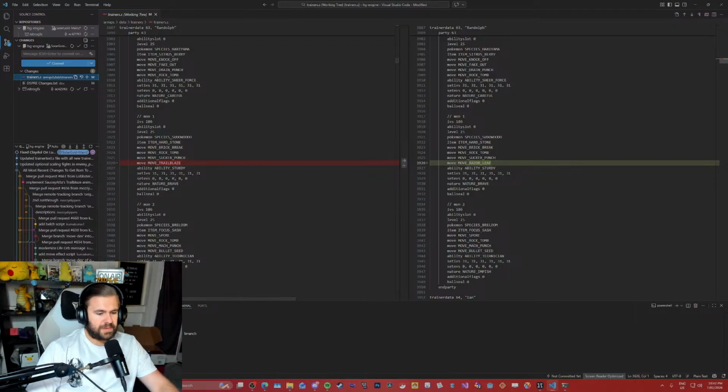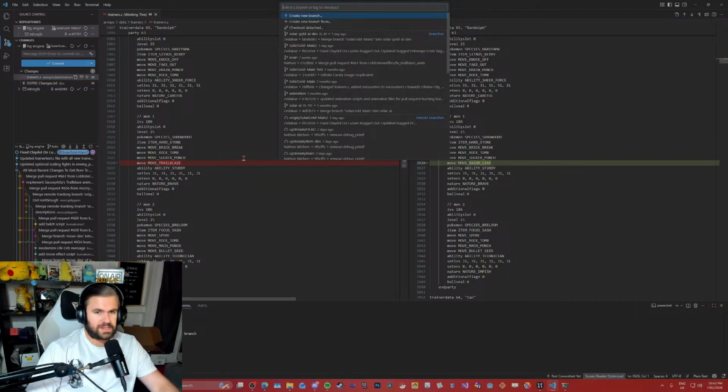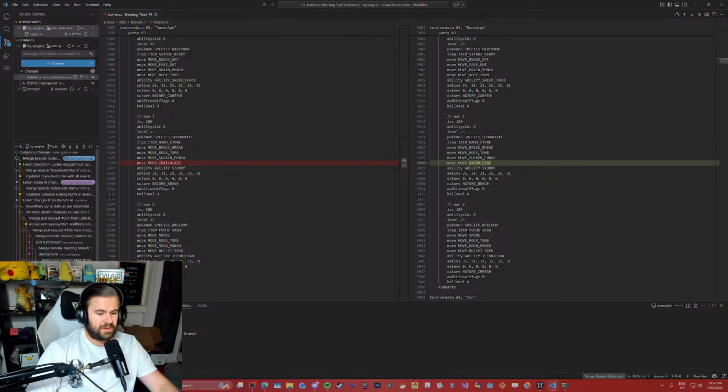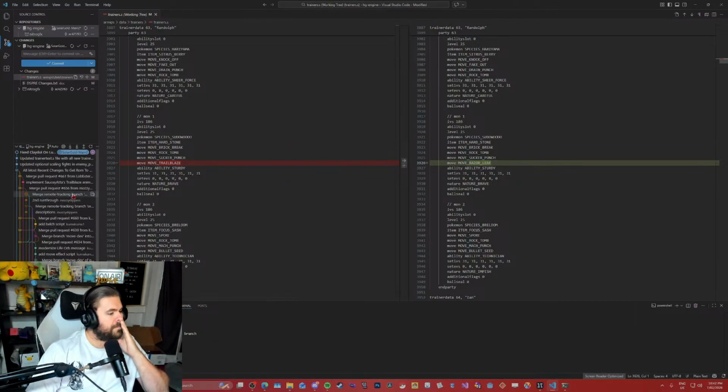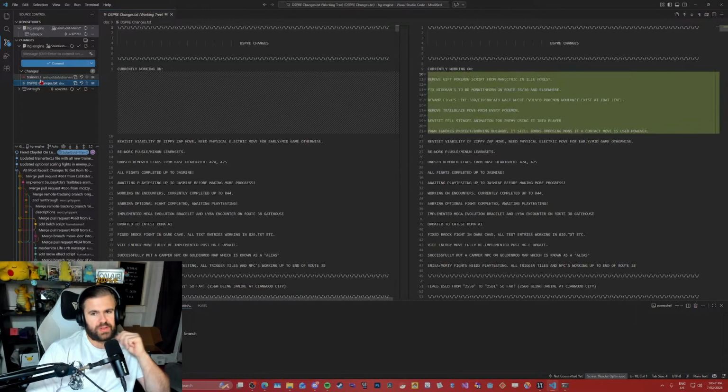Anyway, because it says synchronize changes, I'm guessing that would just synchronize these changes onto the branch, because it's different. If you go back to the other branch, it basically asks, do you want to push them? It doesn't talk about synchronizing. It just says push commits to origin Solid Gold AI Dev, but I don't want to do that. Like you said, it must automatically bring the changes over without prompting you about them. If you synchronize changes, I'm guessing it must just push this. But I don't want to do that. I want to make all my changes in here first, then push it, and then merge into the AI branch when I get them.